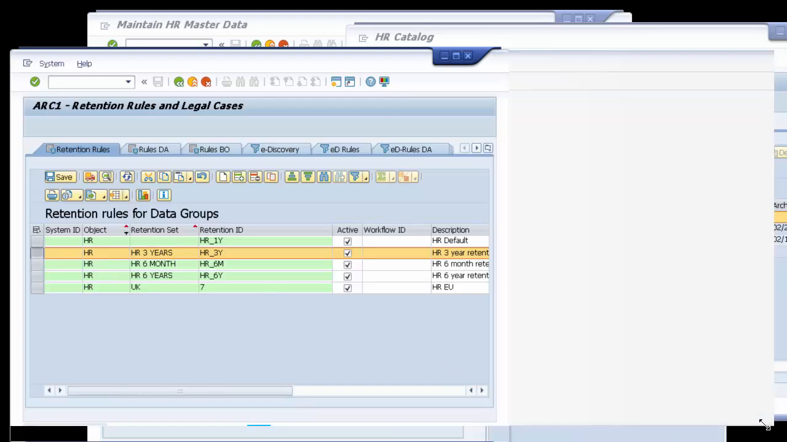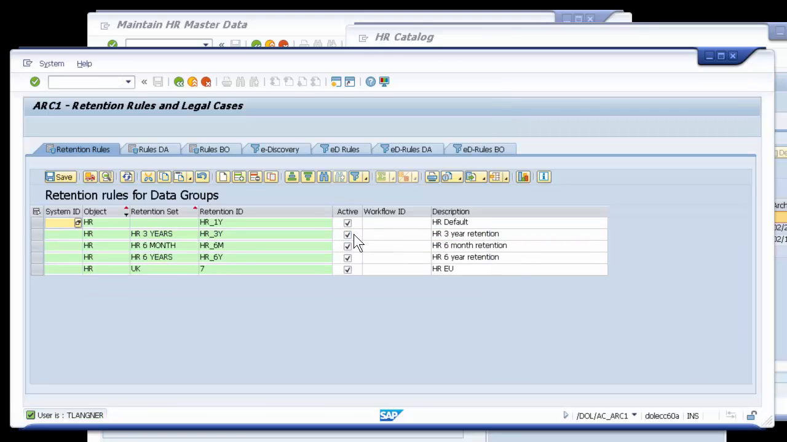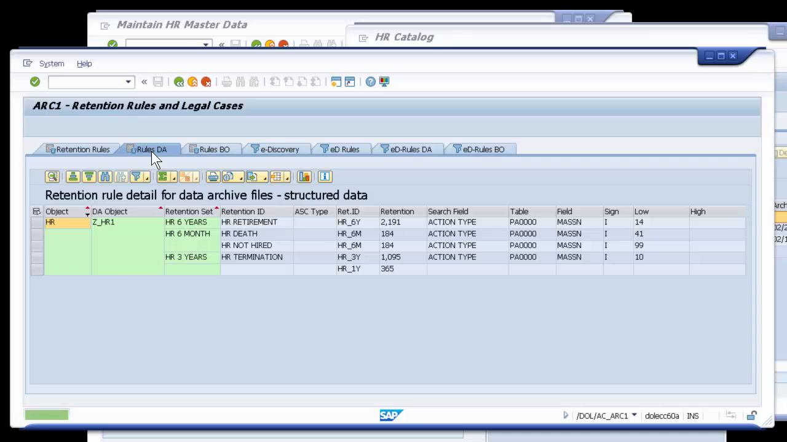And let me actually see if this is very restrictive. So different retention rules: 3 years, 6 months, 6 years. If I use the second tab, I see a little bit more specific what this actually means. So the 6-year retention rule applies to retirement, the 3-year retention rule to termination, and 6 months could be if it's